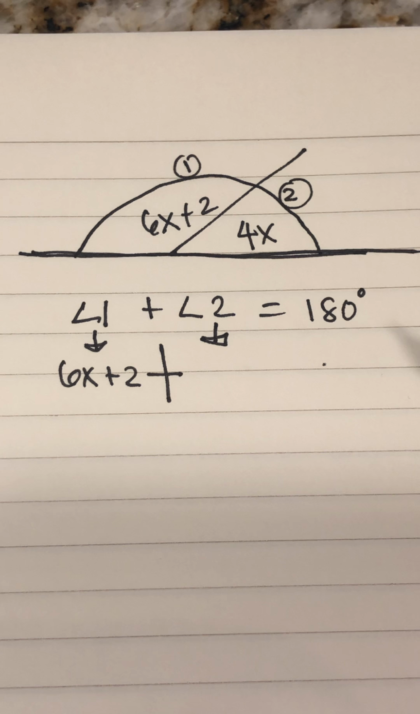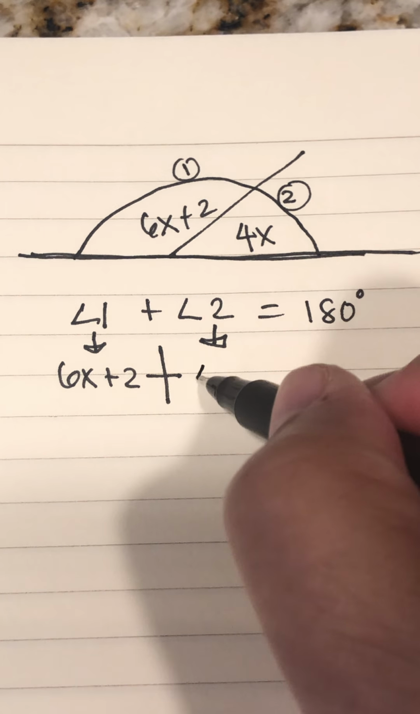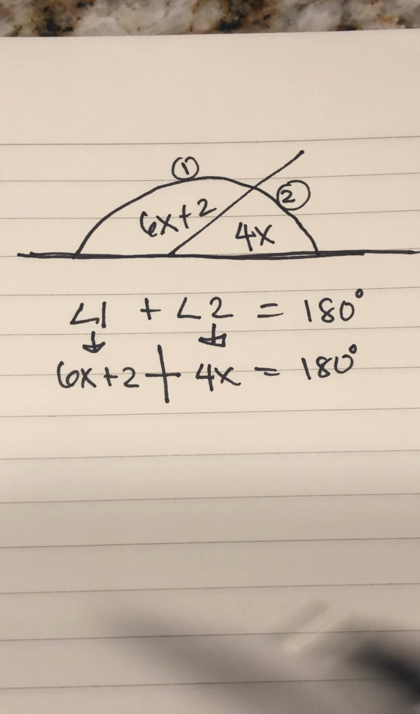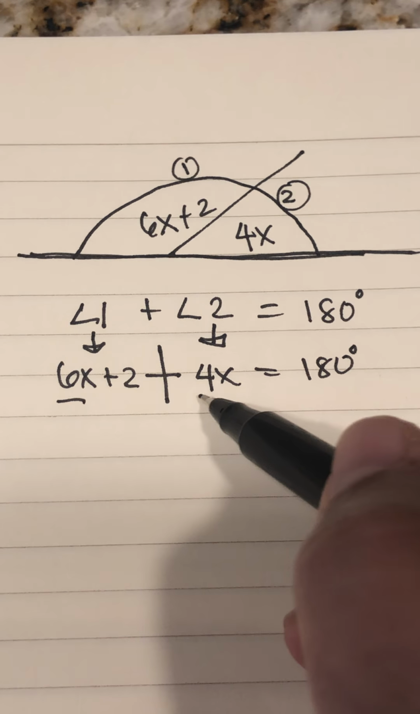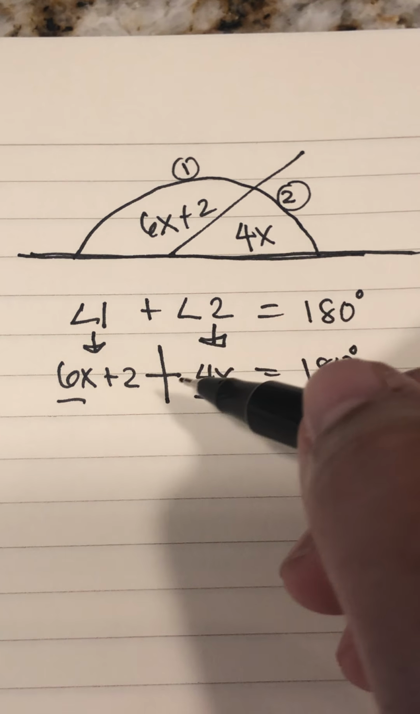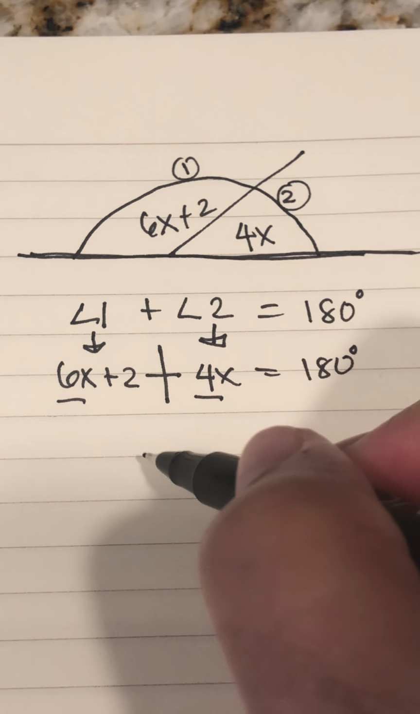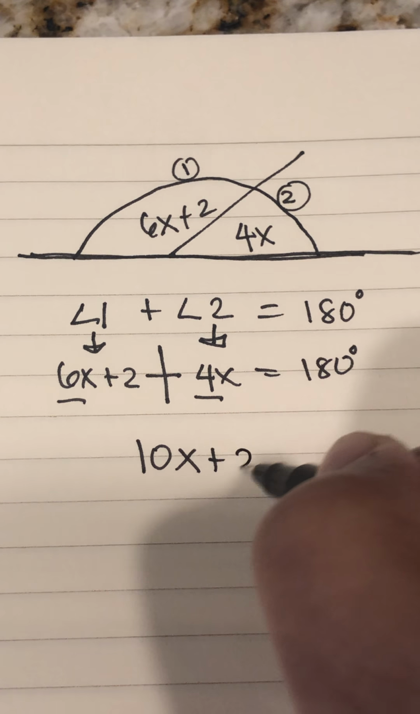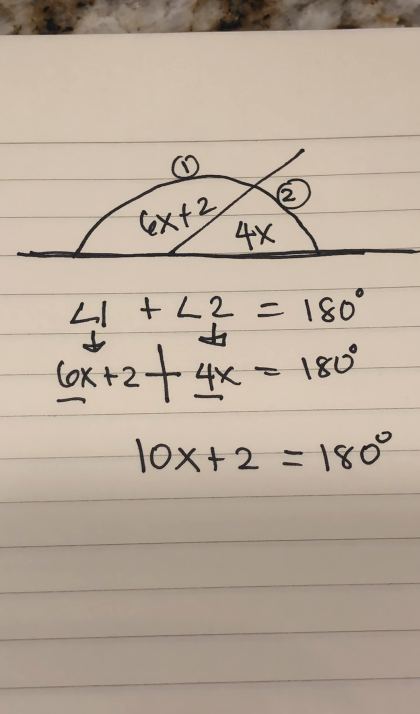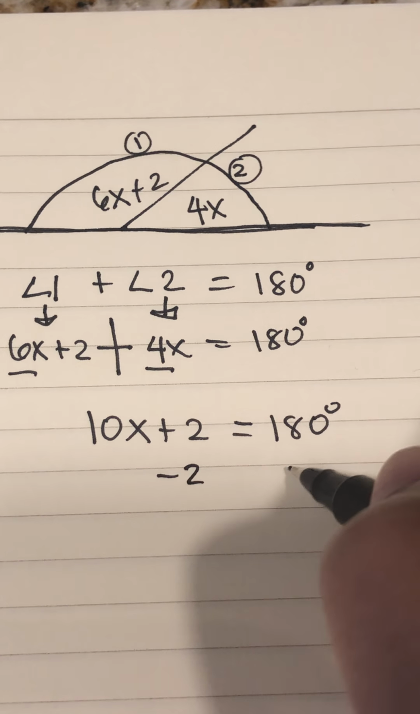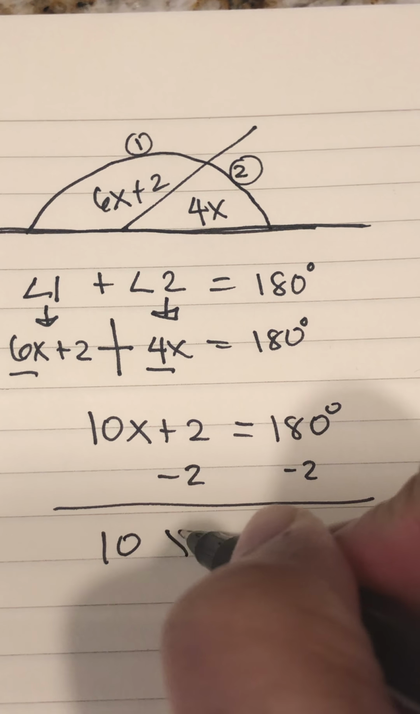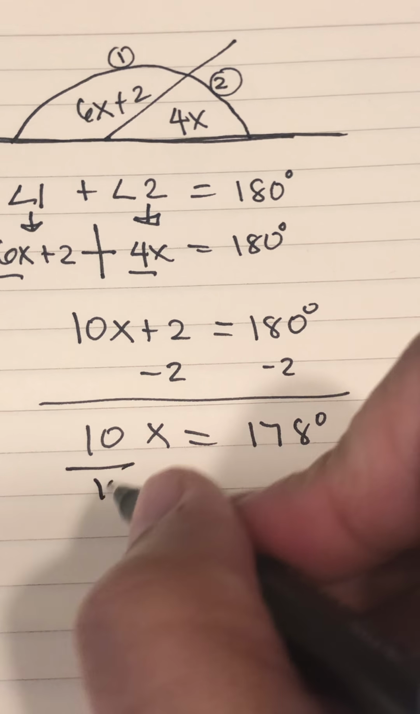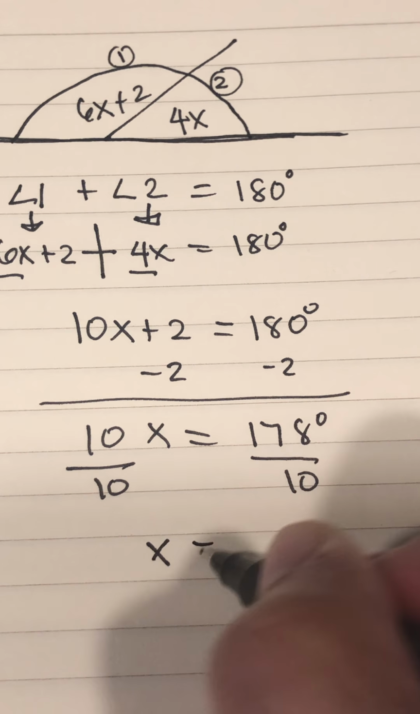Now what is the expression for angle 2? 4x. Okay? So now we could just solve equations here. So 6x plus 4x. We're just combining like terms on the same side of the equal sign. So we have 10x plus 2 is equal to 180 degrees. Then I'm going to subtract 2. So 10x is equal to 178 degrees divided by 10. So x is